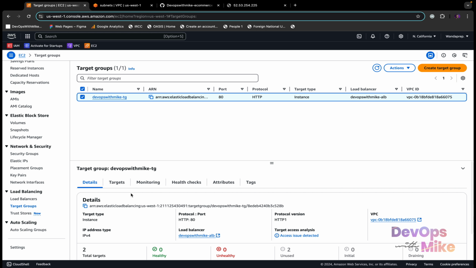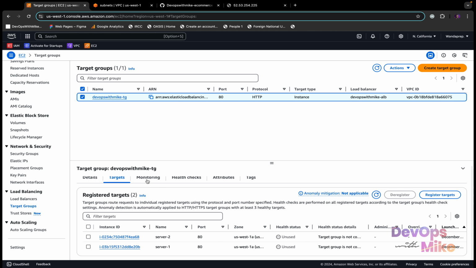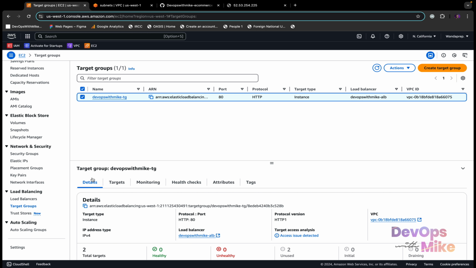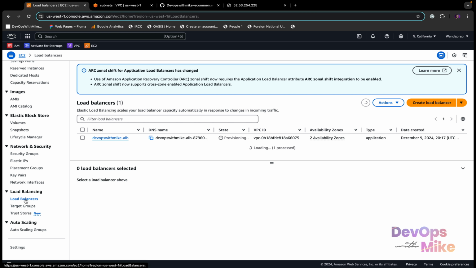Let's scroll down. If you see targets, these are the two targets. Health checks: EC2 hasn't sent any health check yet. Once the load balancer is active, the target group will now have those two instances registered as targets. So summarily, the name of the load balancer, the DNS name, the state is provisioning, is